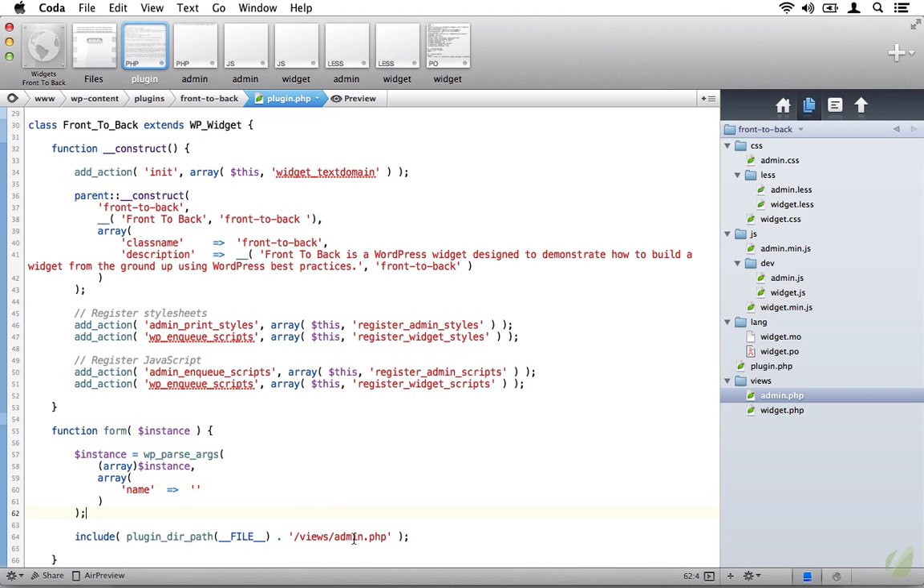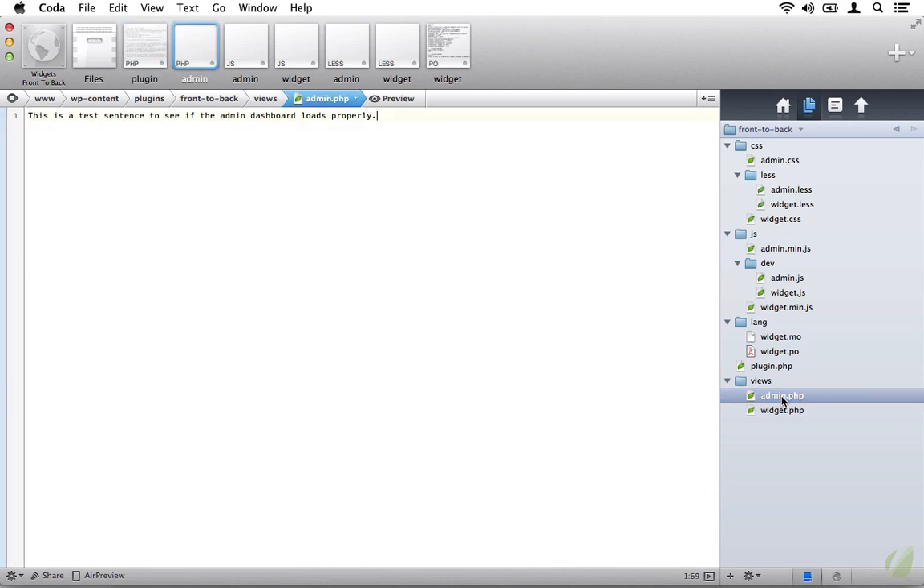Next, let's open up views admin.php so that we can begin actually working with this value. Now, when writing views, I like to wrap all of my content into its own container so that I can access them easily when using styles. So to do this, I'll create a div and I will give it a class front-to-back. Now here's the important thing to note. I'm using a class and not an ID because people can use multiple instances of this widget. If you have an ID and you have multiple instances of a widget, then you're going to be abusing the